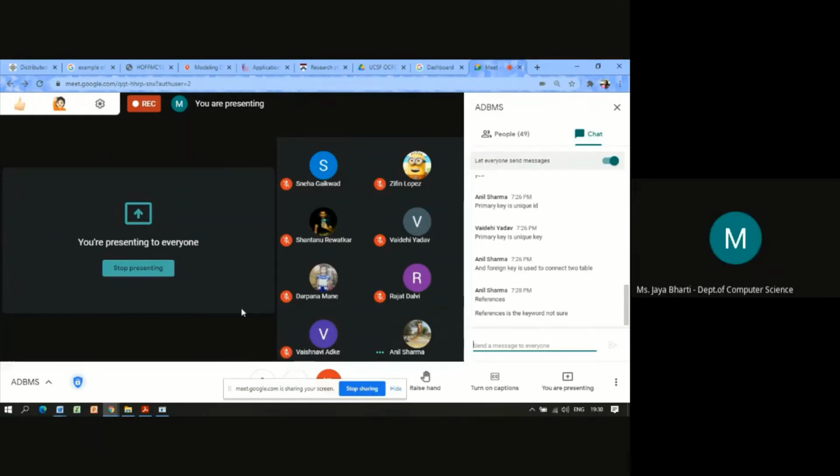Let's say we have to connect employee and department. Which attributes will be there in the employee table? Like employee ID, and it must be the primary key. Yes. And the department name also, that column.